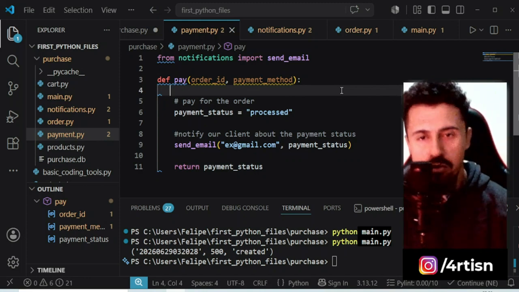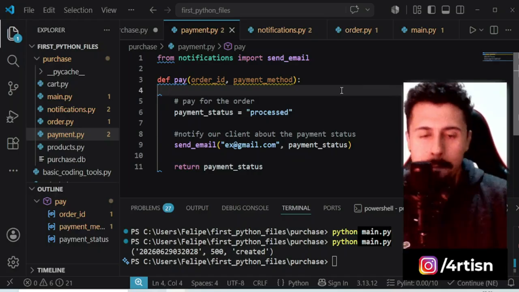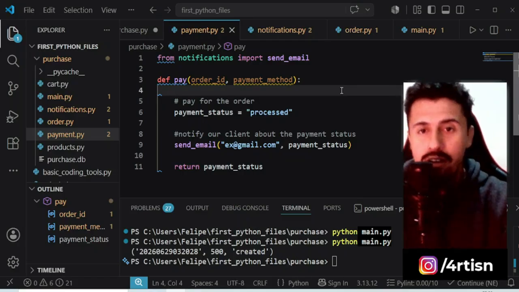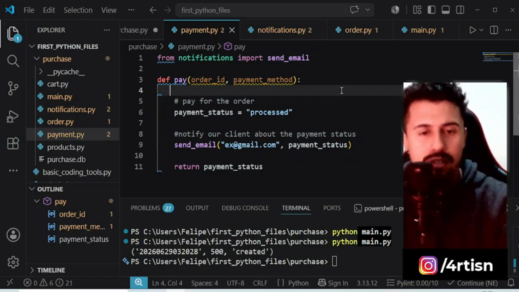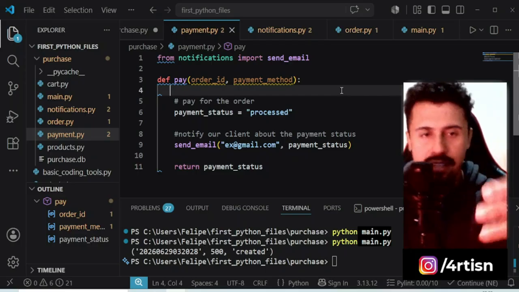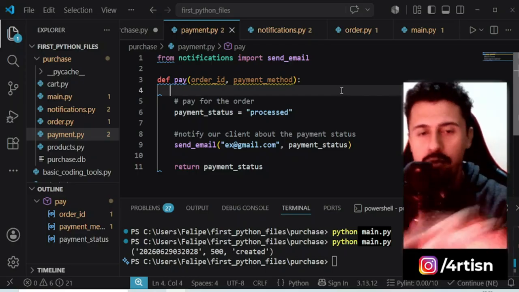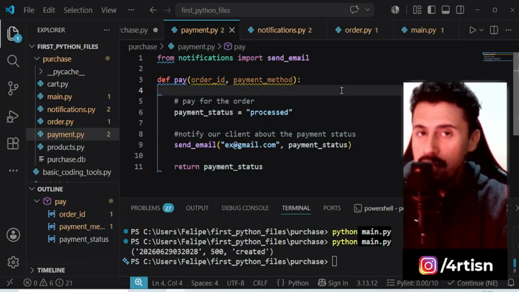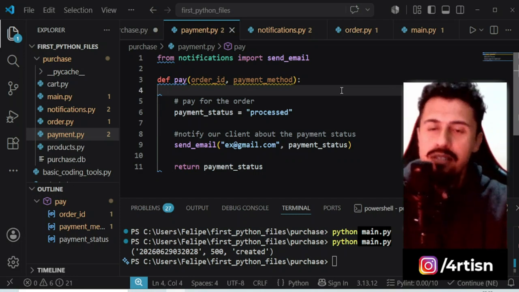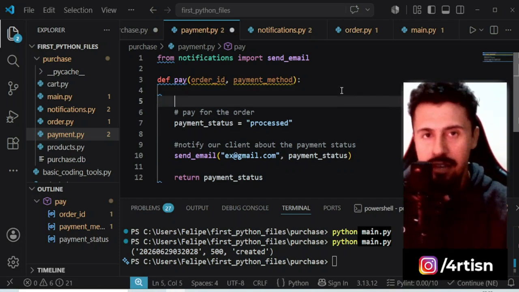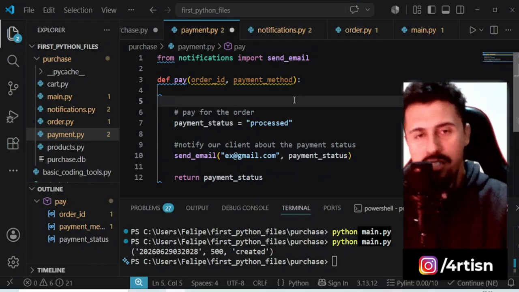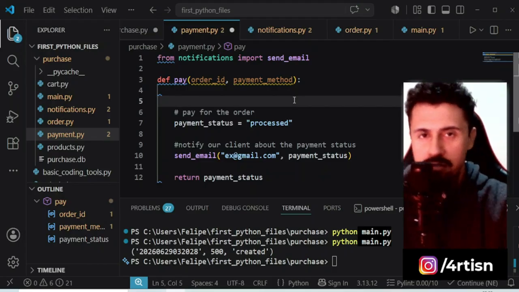So basically what we will do in our function is make an HTTP request to a payment API. We cannot do this now because, as I told you before, these APIs require credentials, authentication, access key, secret key. Anyway, there are many ways to consume these APIs. You're going to understand in the future. But now we can simulate an HTTP request using a test API, because the HTTP request protocol is pretty much the same for any API that you're going to request through